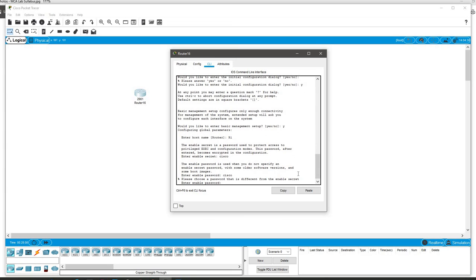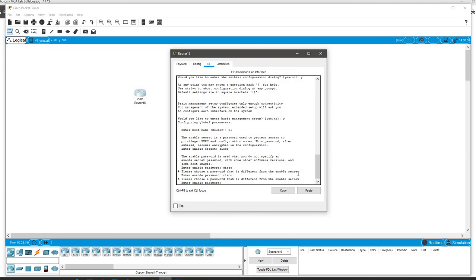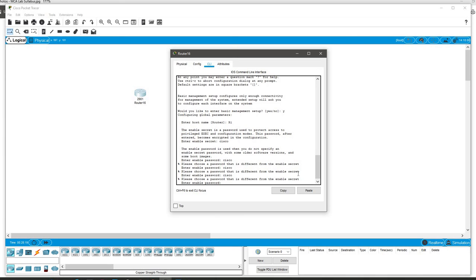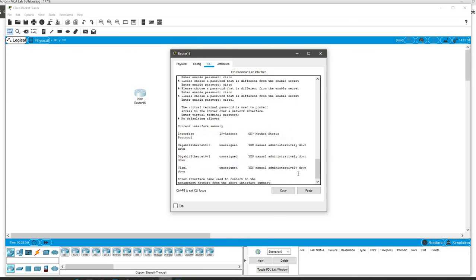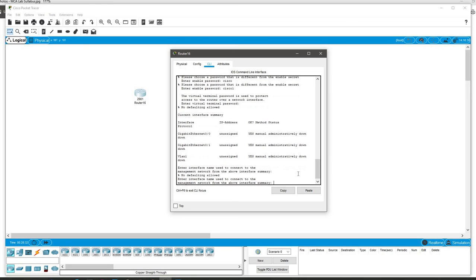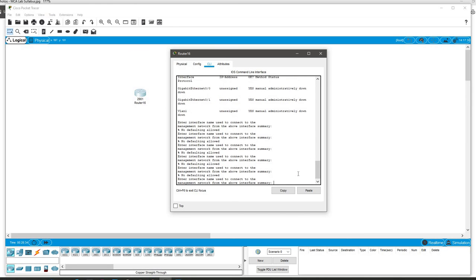Cisco 1, virtual terminal. No. Summary management network from the